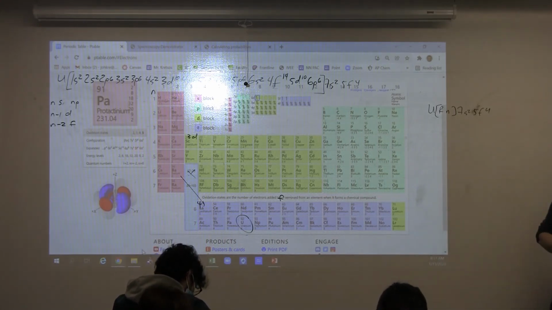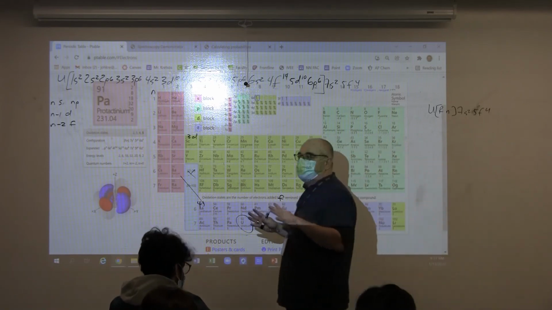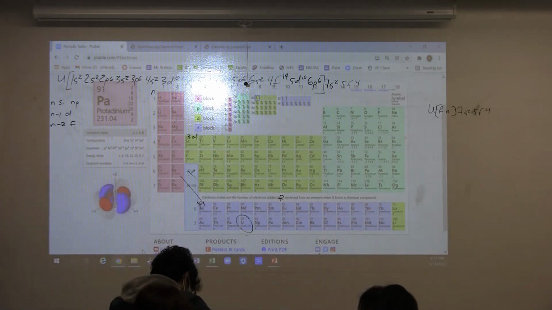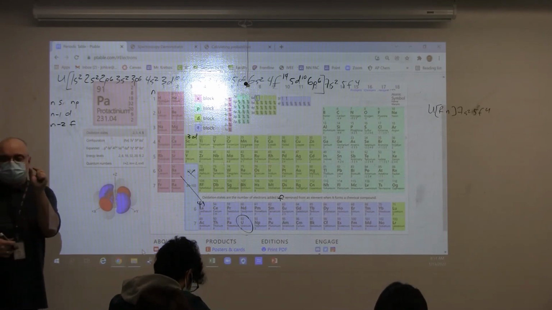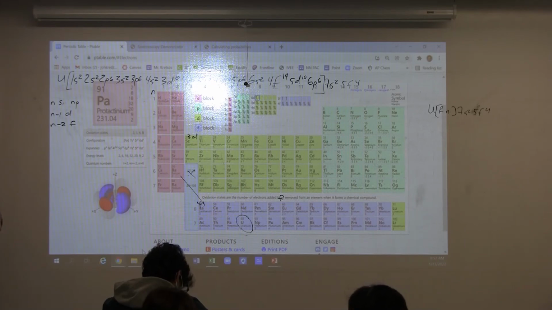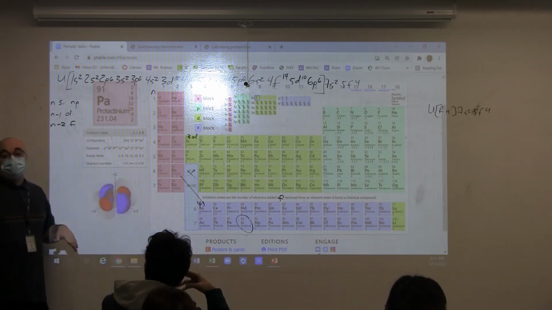Ta-da! So all of that you just wrote in. But what I really want you to see from this is that the rules of quantum mechanics tell us that atoms have physical size and take up volume, not because of their protons and neutrons, which is most of its mass. It's because of the pattern that the electrons have to follow. Wow. Now, to finish up this lesson and let you practice it, because you need practice now more than anything,